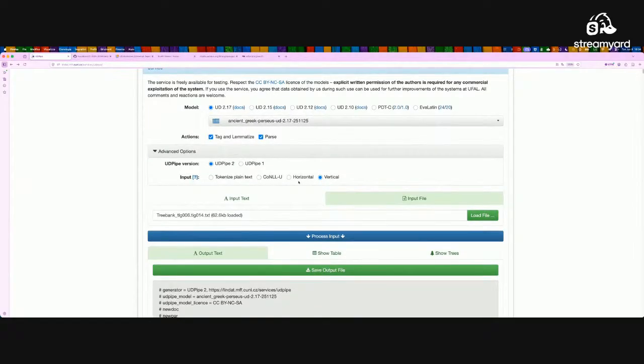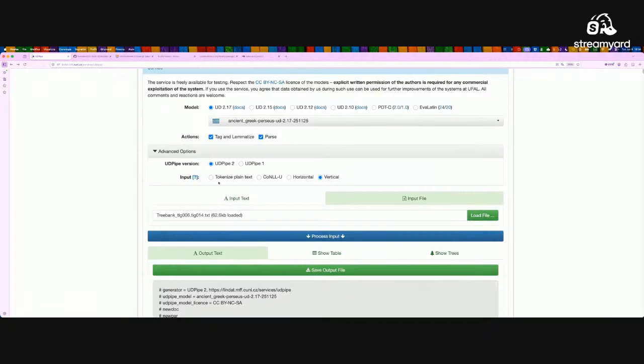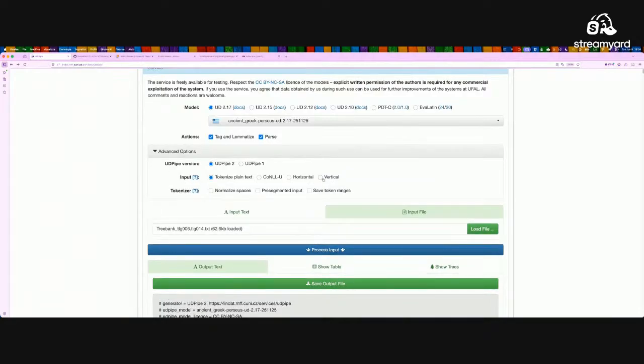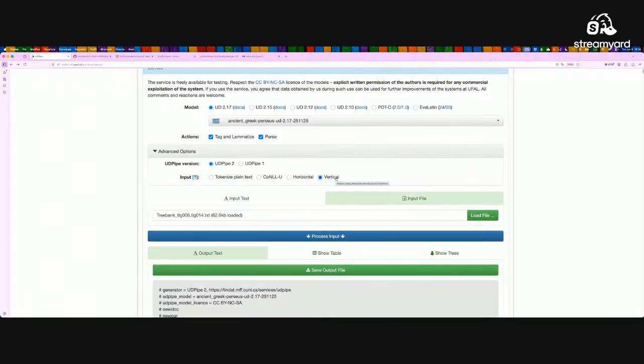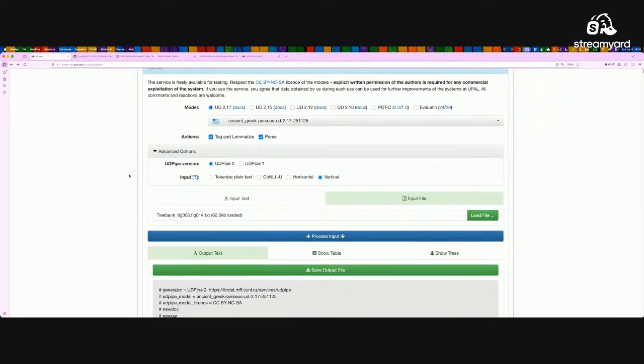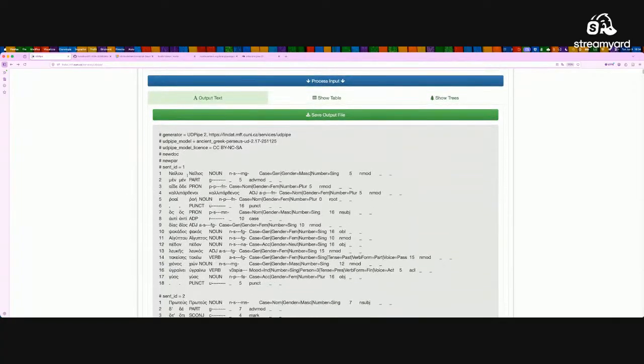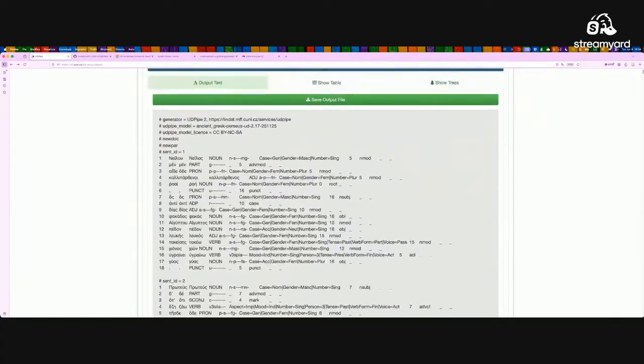Horizontal means that you have the text of the sentence, one line per sentence. Vertical means that you have a line separating the sentences and every token on one line. Tokenized as plain text means that you only have the full sequence of the text. So inspect the different texts that you find in this folder and try to guess which one is the correct tokenizer to have. Now, it has produced an annotation.